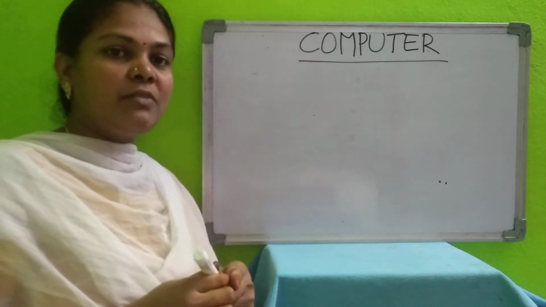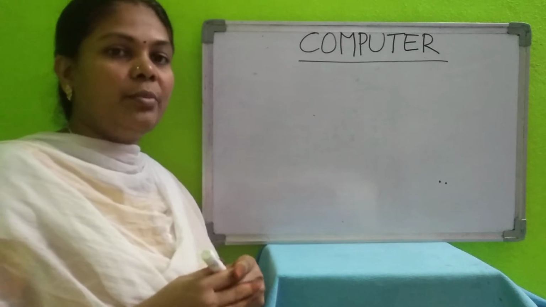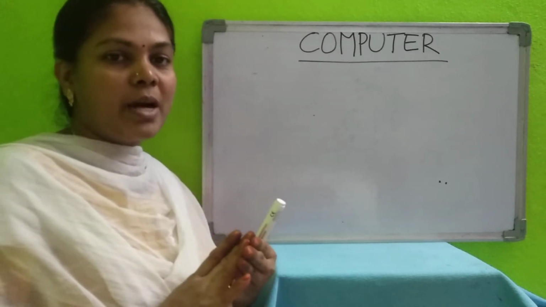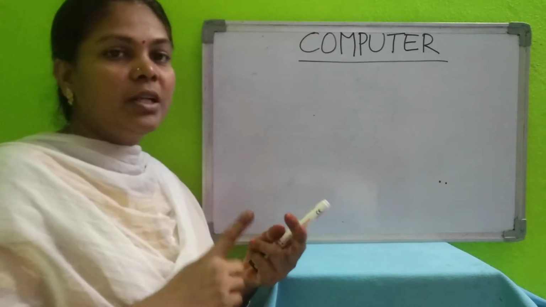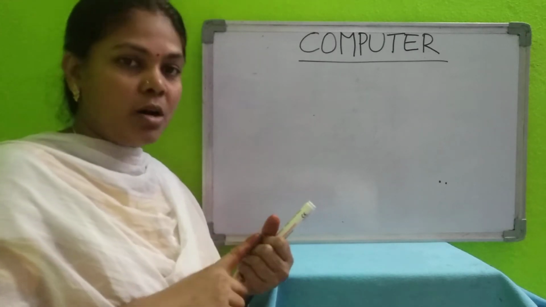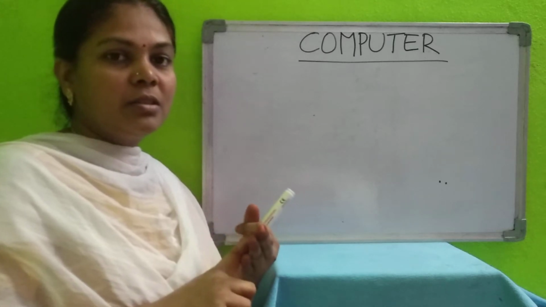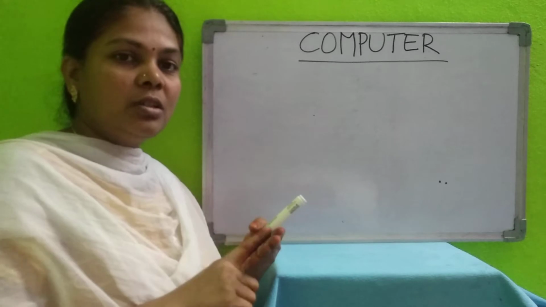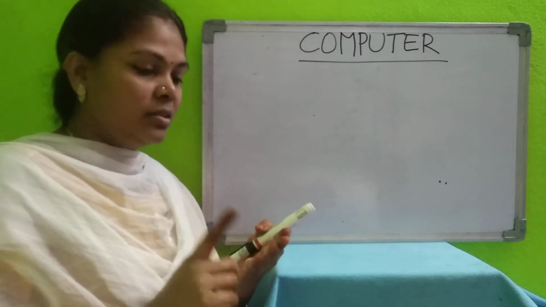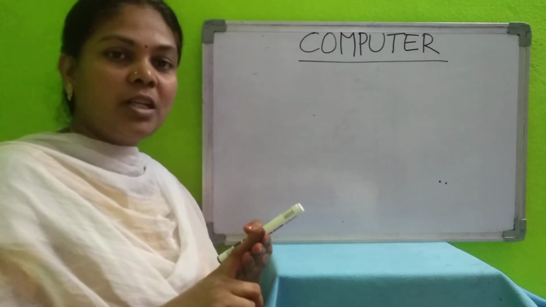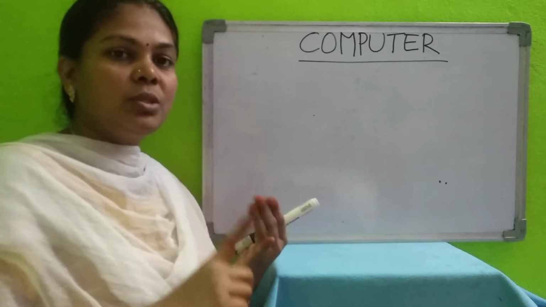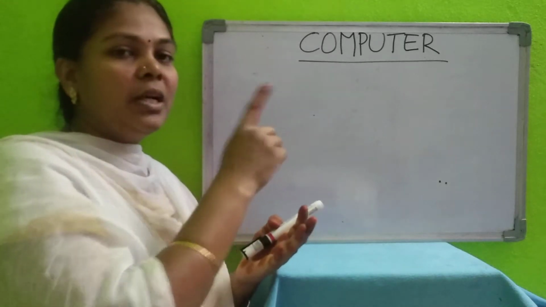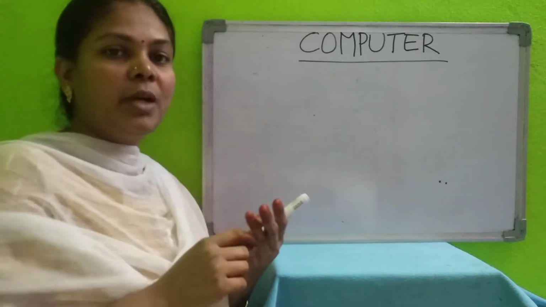From previous class onwards we are learning how to start a computer and how to shut down a computer. So in a computer, how many parts? 4 parts. Monitor, keyboard, cabinet, mouse. These 4 parts we have to connect combinedly. Combinedly it is called a computer. First, to the CPU we will connect the mouse, monitor and keyboard, and we will plug it to the main power supply.